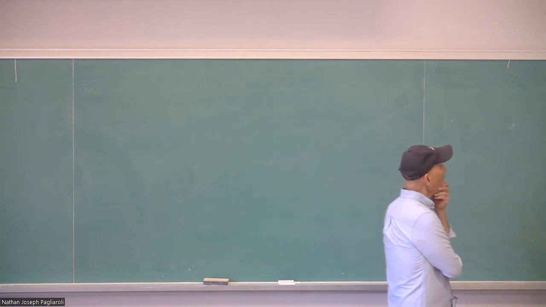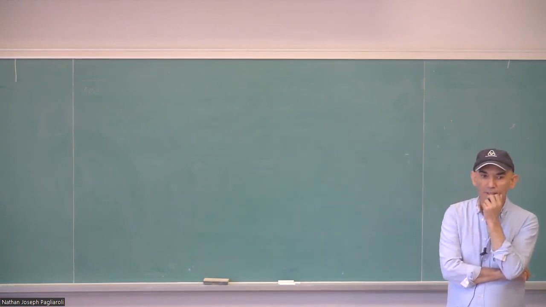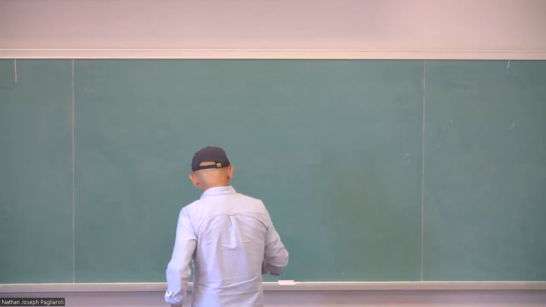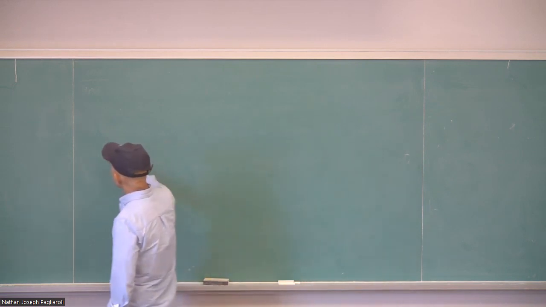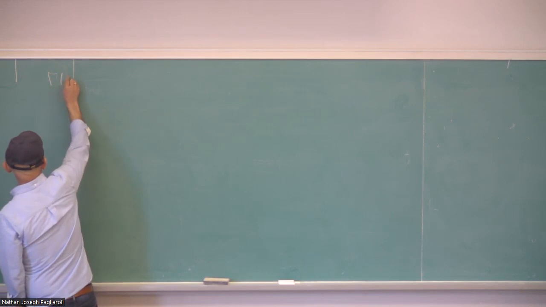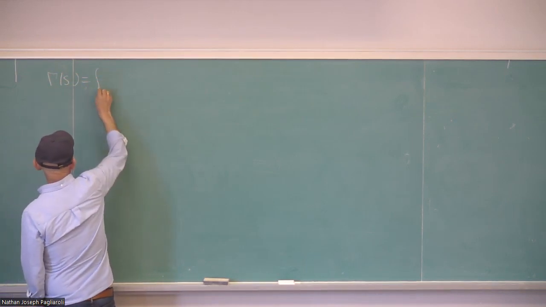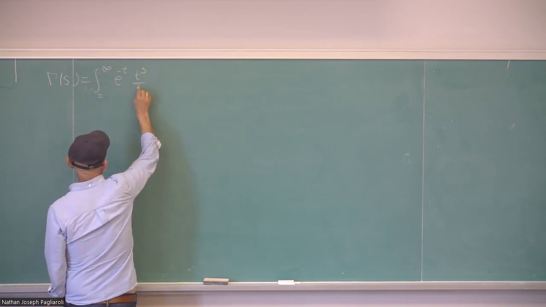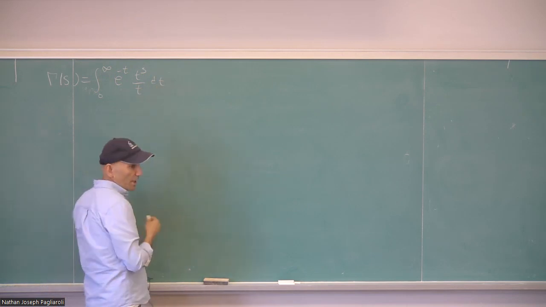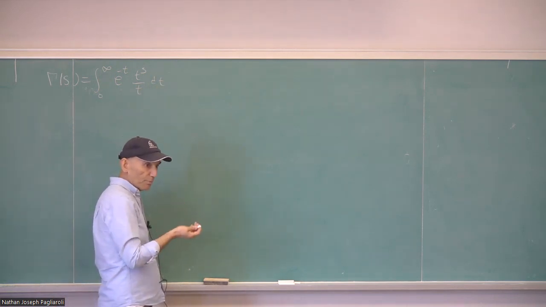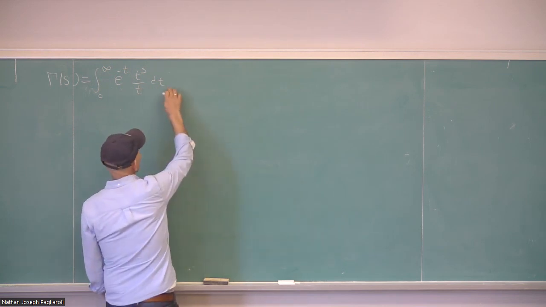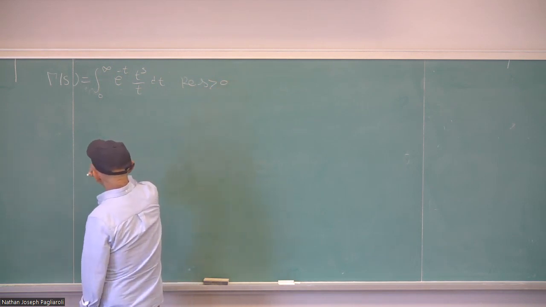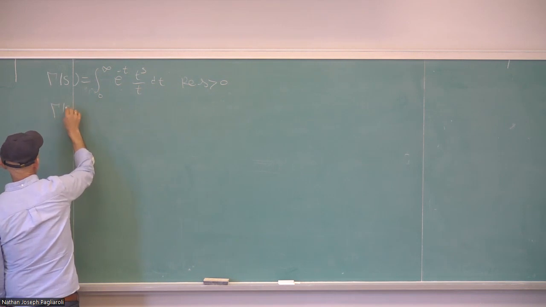So, yeah. Last lecture we were doing the gamma function, right? So we defined the gamma function and established some properties of gamma. This was our original definition: the integral from 0 to infinity of e to the minus t, t to the s, dt over t, and we check that this integral is convergent for real part of s bigger than 0, right? We check that, and we also check the functional equation gamma of s